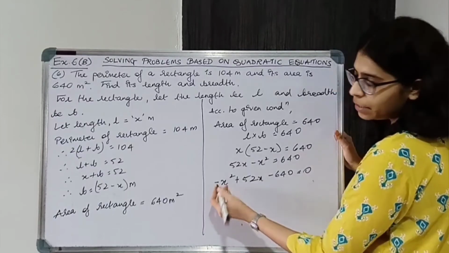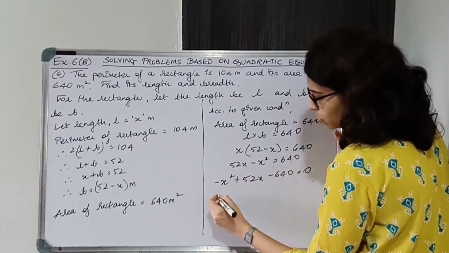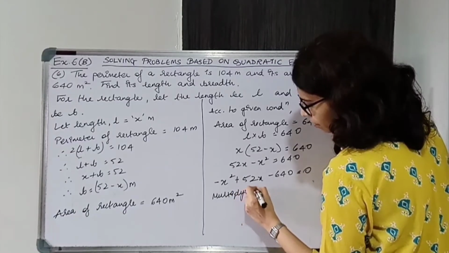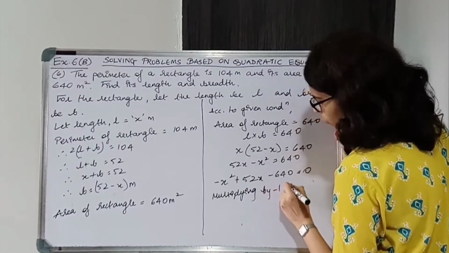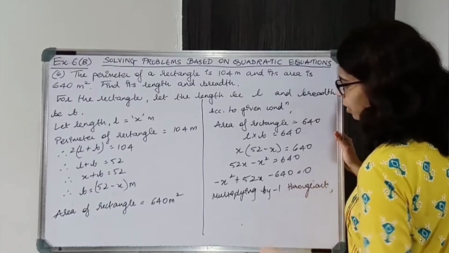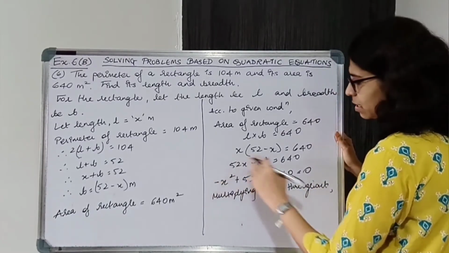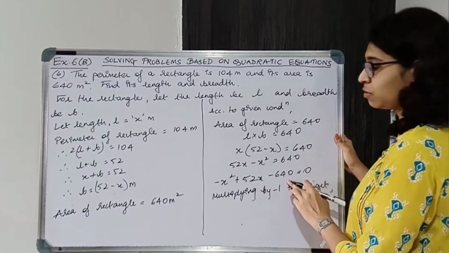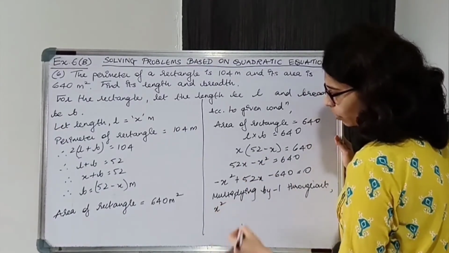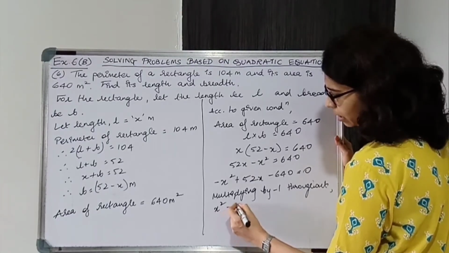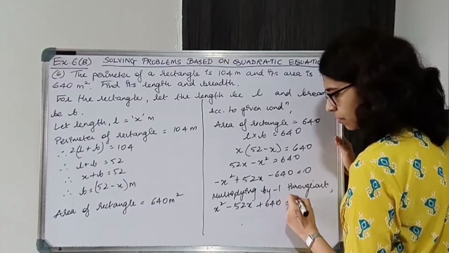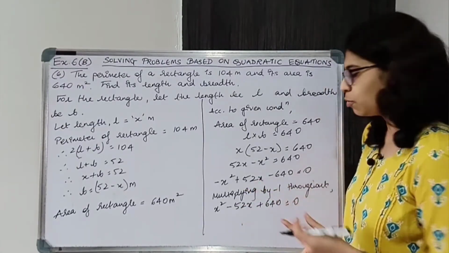So I'll make x square positive. I'll multiply by minus 1 throughout. So multiplying by minus 1 throughout. You can keep x square negative. Okay, just make sure that minus into minus product will be positive. Okay, so make sure that you don't make that mistake. So x square पॉजिटिव हो जाएगा, ये नेगेटिव हो जाएगा, ये पॉजिटिव हो जाएगा, इक्वल टू 0 इंटू -1 0.